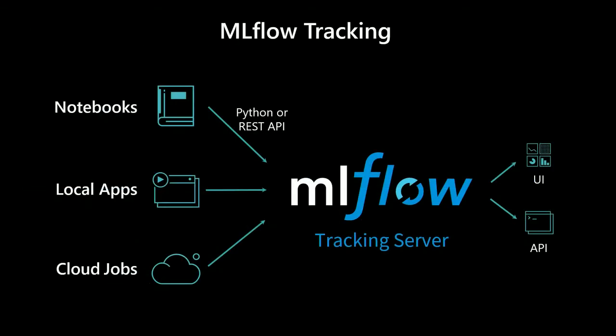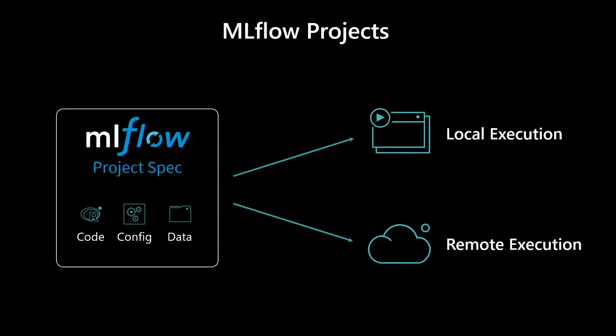So quickly, if you look at MLflow Tracking, it's basically no matter where you are, you might be on a desktop, you might be in the cloud, you might be in an app, you can use the MLflow APIs to actually log your experiments in a central model tracking server, and then you can have a UI to see your runs, or you can use the API to get that information. So it's a really nice, easy way for you to log experiments, very low barrier to entry, to start figuring out how to build reproducible models through MLflow.